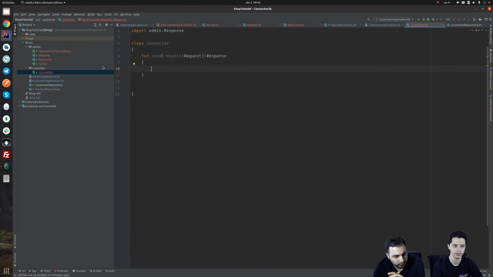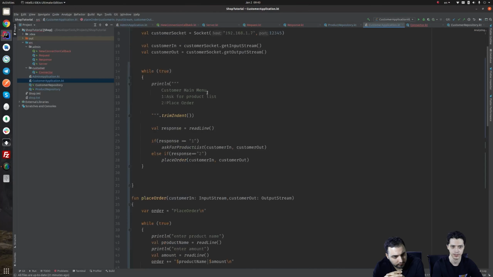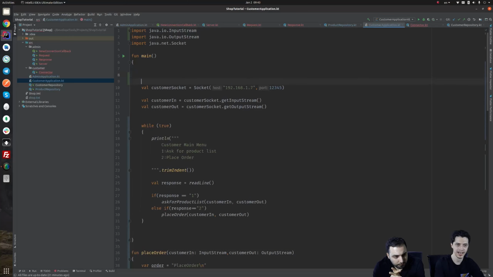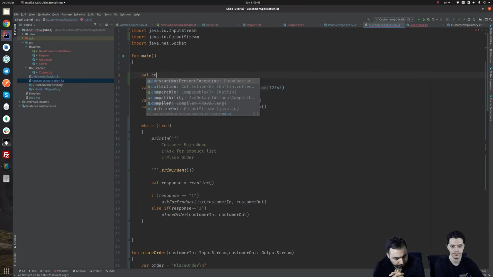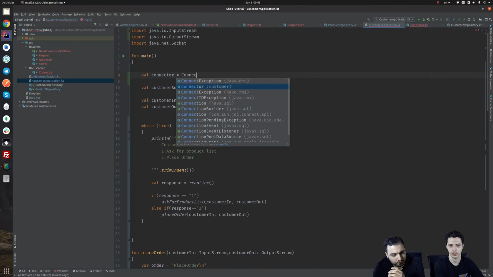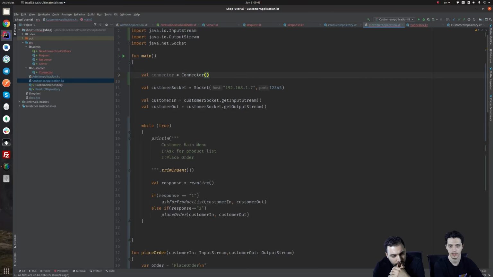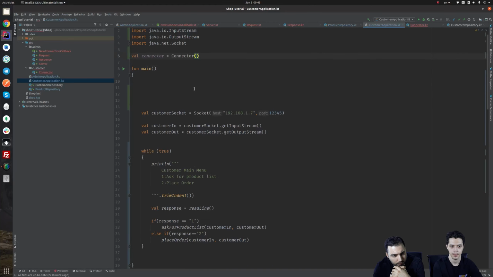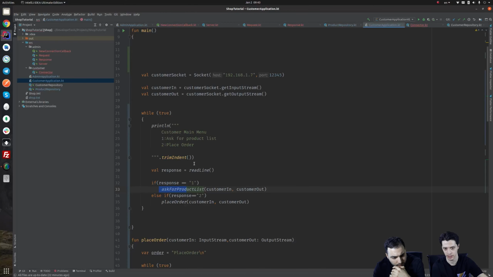But for the moment, we can go with this path. So instead of this socket here, we will have a val connector, with two ends, and we will create an object of the connector. Now that we have an object of the connector, let me move it outside of the main, put it here. And then from there, when we, for example, want to issue a request to the other side,